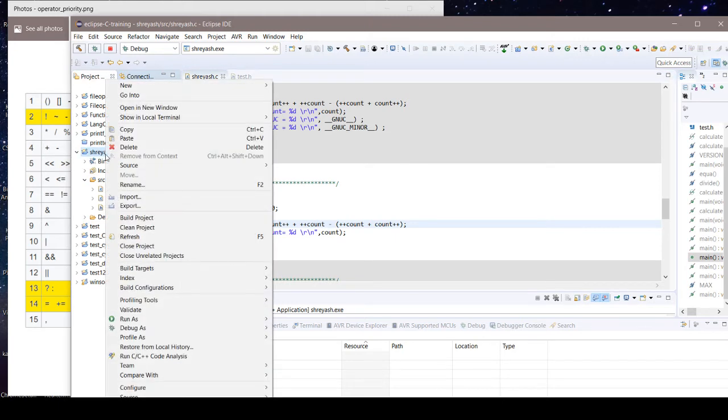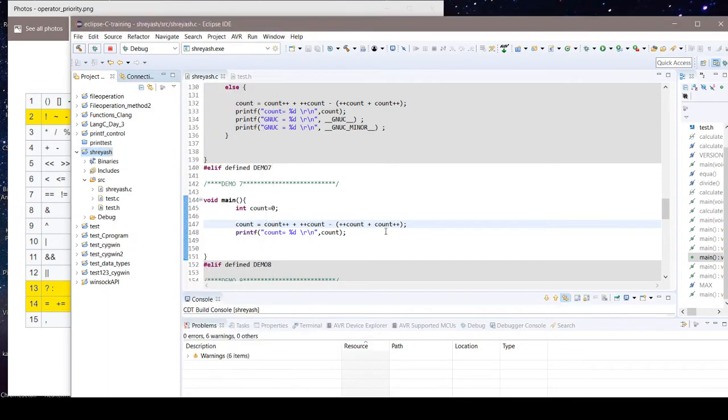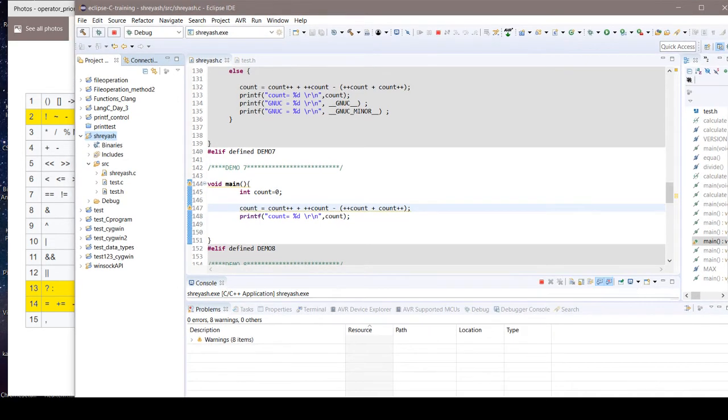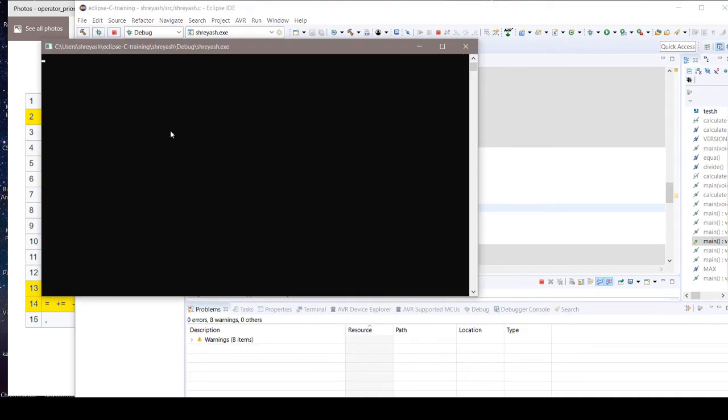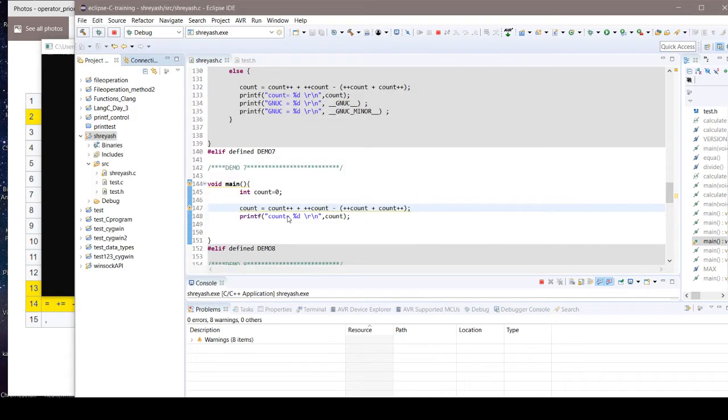So I will go through local application, and it will launch the debugger, and we can see the progress here. It is launching, and this is the output we can verify.